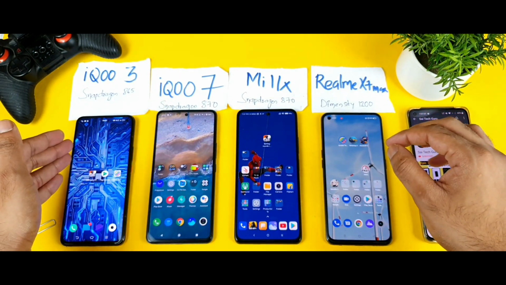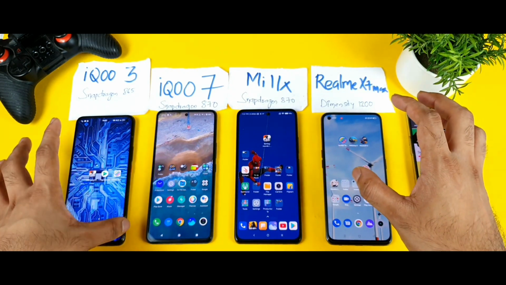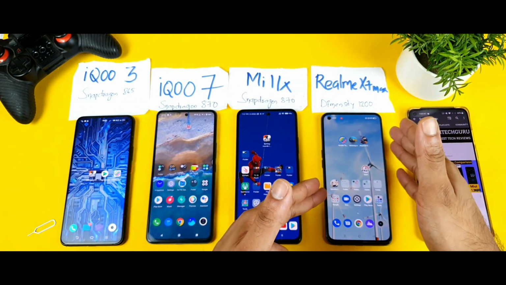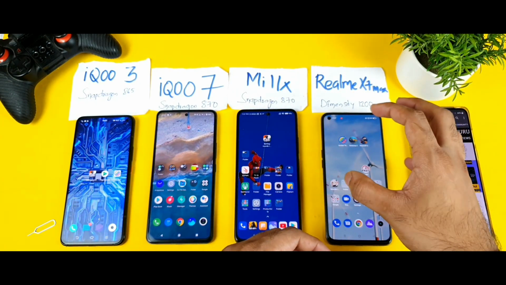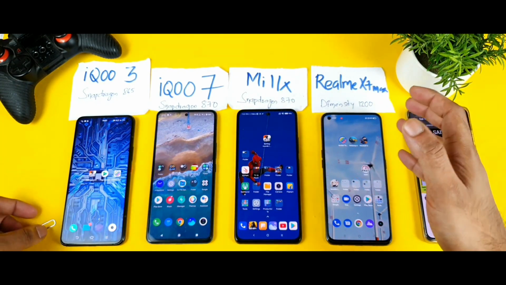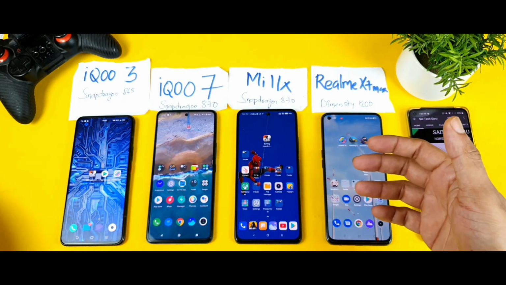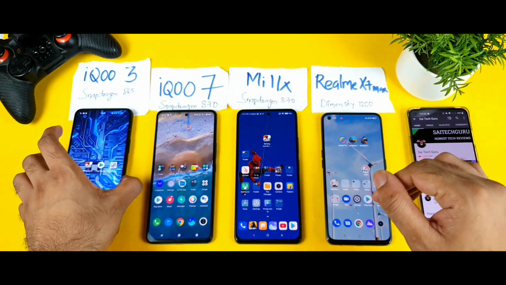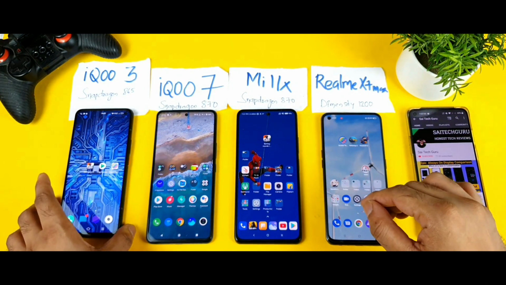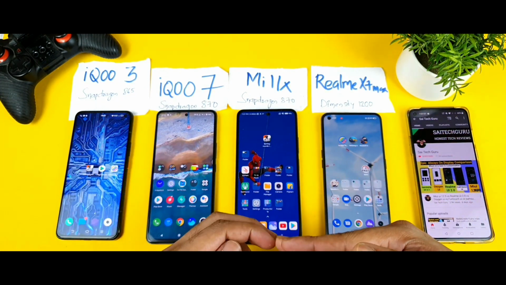Whereas the IQ3 and the Realme X1 Max, I did not hear much complaints. Only a few, maybe 3 to 4 comments I did hear about the Realme X1 Max till now. About IQ3, I'm not sure, friends, because this is my first day of using this smartphone. So definitely I'll be trying to do in-depth testing on this IQ3 device particularly. So make sure to stay tuned for those interesting videos as well. Very soon I'll be uploading plenty of comparisons.